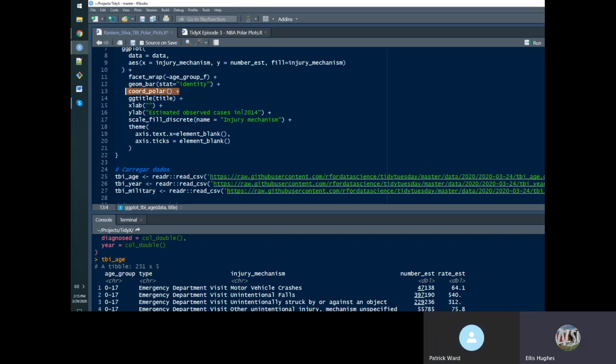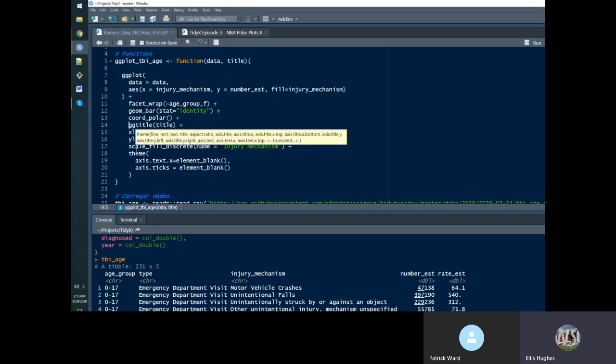All right. So then it looks like the rest is relatively standard ggplot code. Which is the power of ggplot, the fact that you can do so much with standard code, where he's defining the title of his ggplot2, which is an argument in his larger ggplot TBI age function. He's removing the X label. I guess he doesn't want that. He's setting the Y label, defining it in this situation here, the established or estimated observed cases in 2014. He is then going to scale